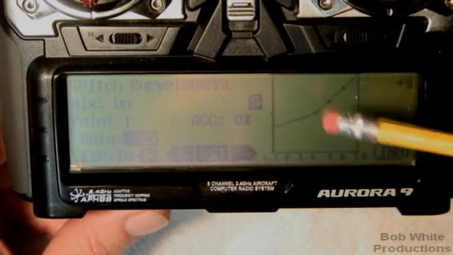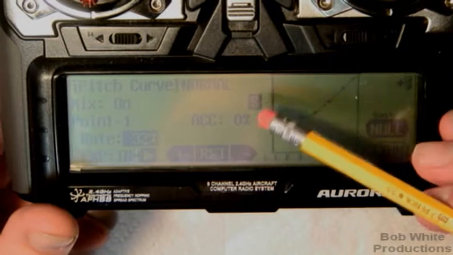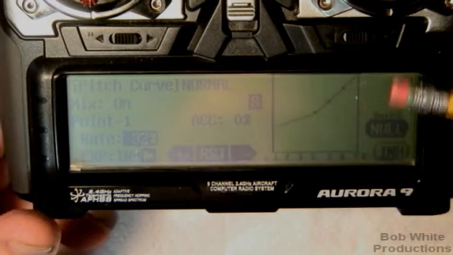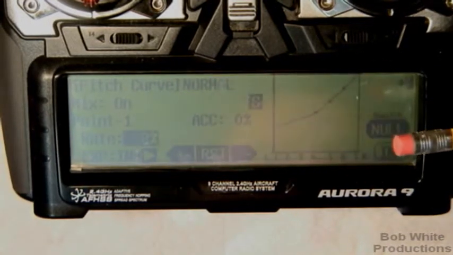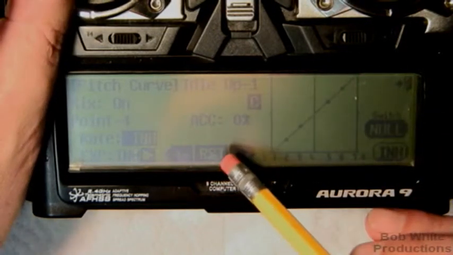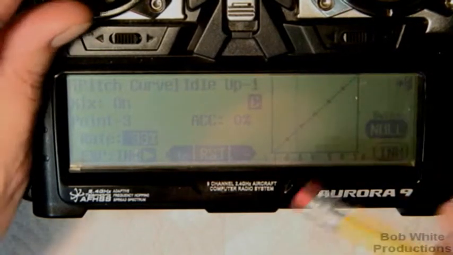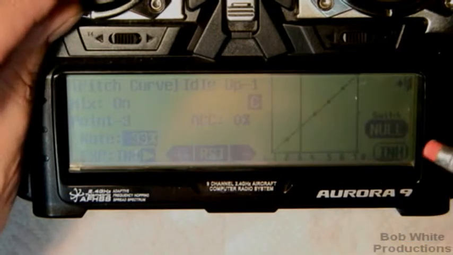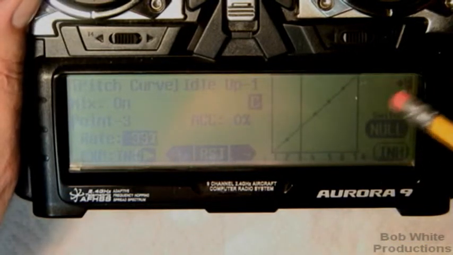But then finally, don't forget, combine versus separate. So I've set up my normal curve. I go into idle 1. It's like this. Let's say for some reason, and let me put that point back, for some reason, I want to change my idle up pitch curve. If I do,